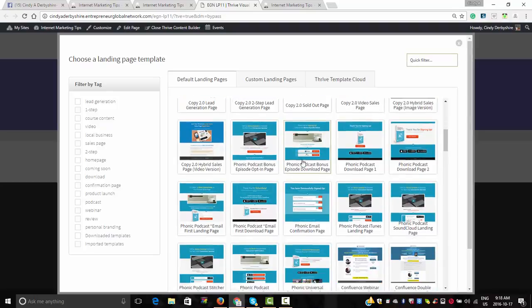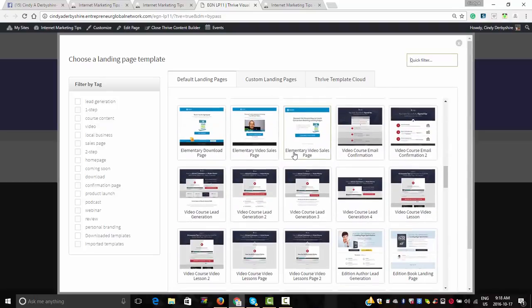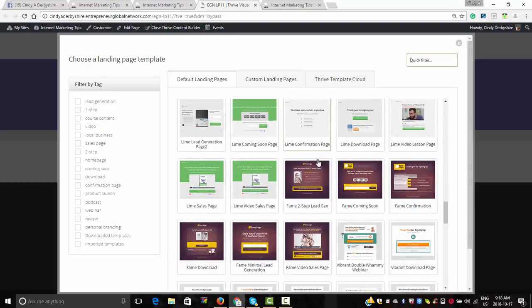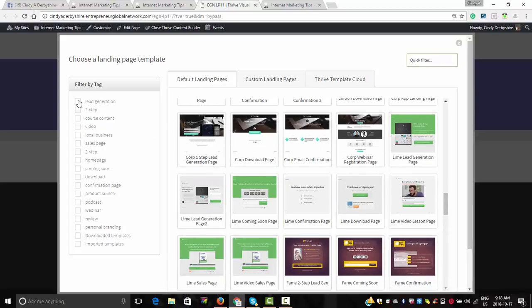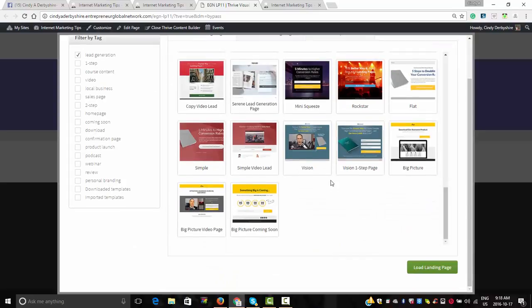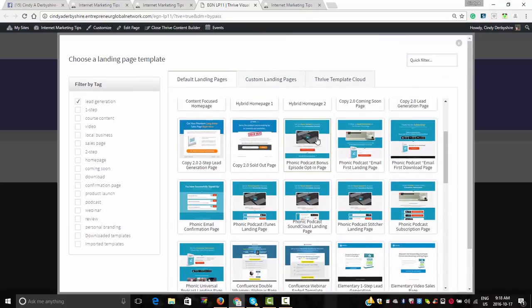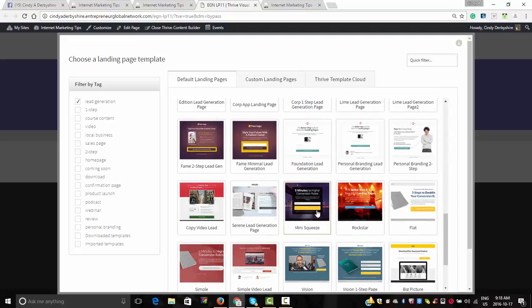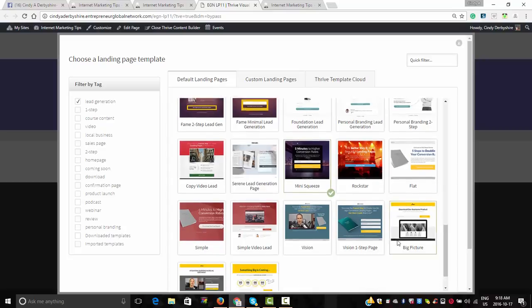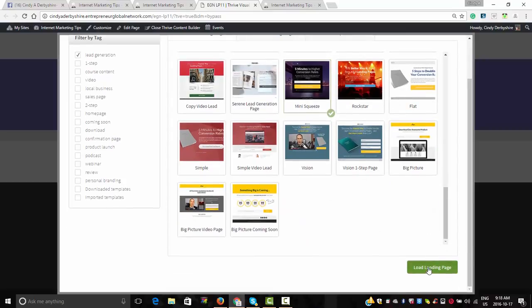So the one I like to use that I can get a quick, nice little landing page done. First of all, I want lead generation, so I can click on that, and that's going to narrow it down to what landing page you might want to use. So this is one that I like to use. It's very simple, basic, and fast to make a landing page. So mini squeeze, when you go there, lead generation. Now there's many pre-made ones here, and you can also make them from scratch just as quickly